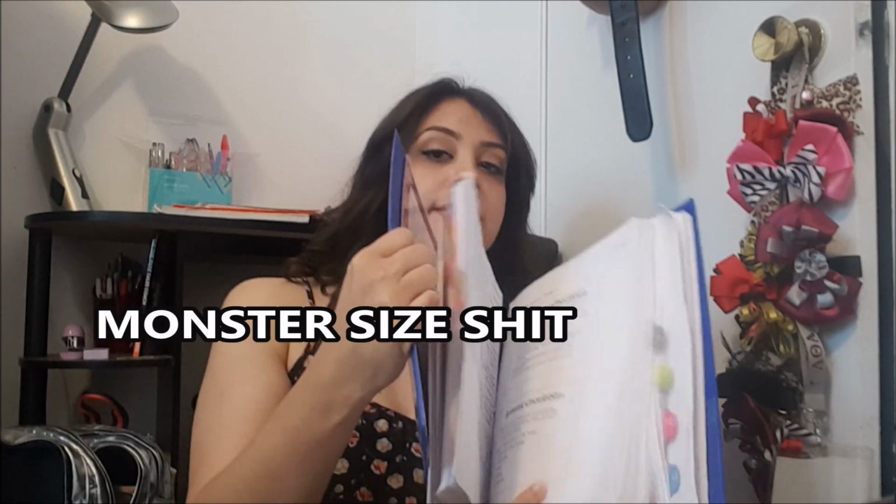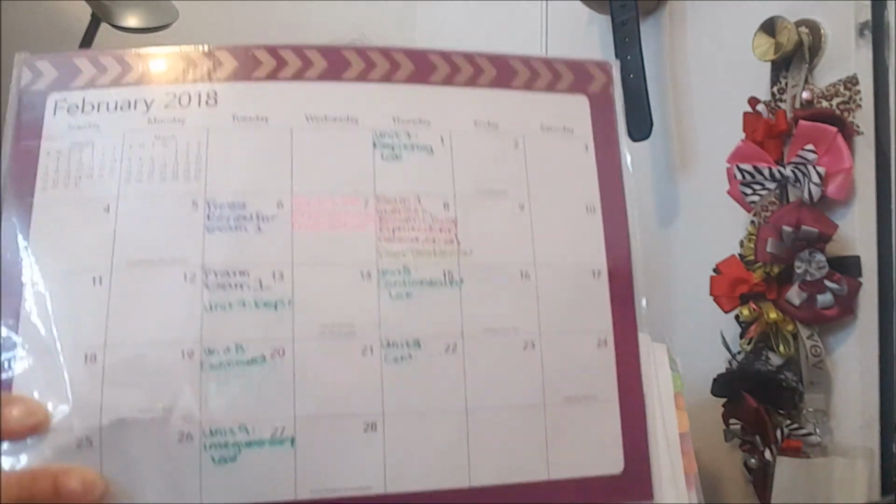So for that class, I actually started off with a 2-inch binder, and then I moved down to the 1-inch binder, and I moved up to the 2-inch. So here it is. Look at all this mess. Oh my god. I love school supplies. I know a lot of y'all out there love school supplies too. It gives me joy. But yeah, so I have this calendar where I just write everything that I have to do for the whole semester, and I keep it in the binder. So when I open the binder, I look at it, I'm like, okay, this is what's coming up this week. I have my syllabus in the front, some notes, some paper, and then all of my